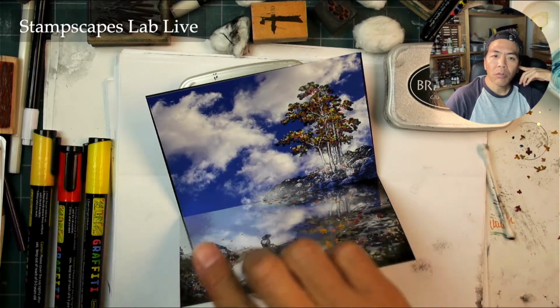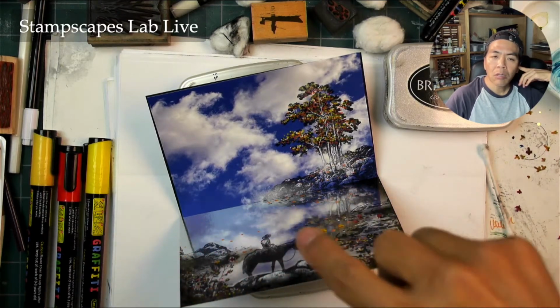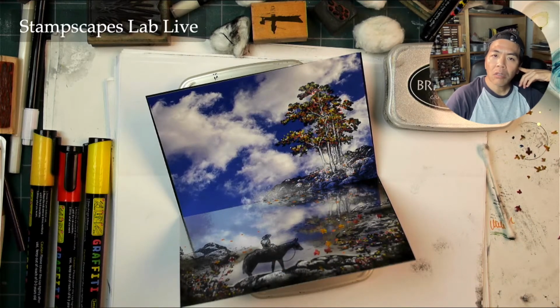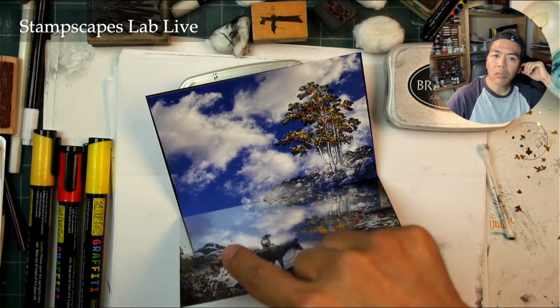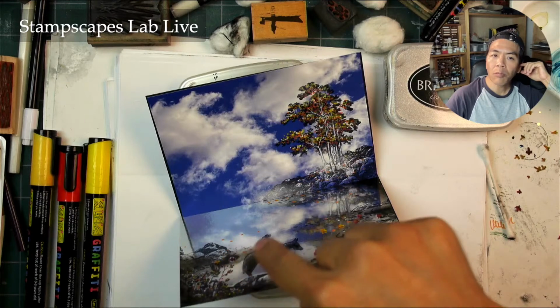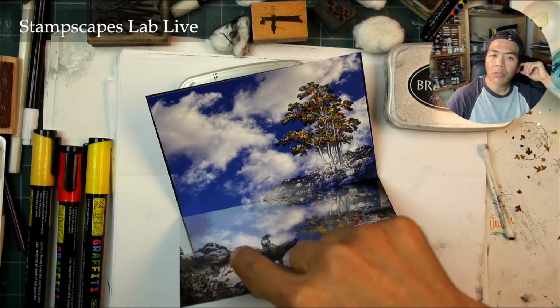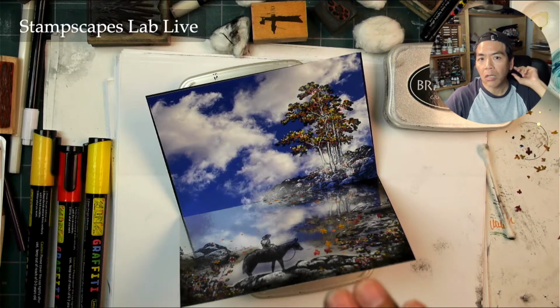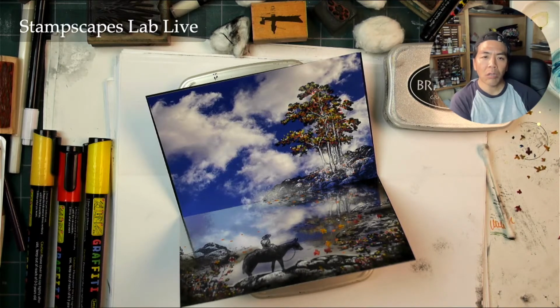The person too, if you spray seal this, there are certain areas on her where it'd be kind of cool to add a little bit of tone with an alcohol ink. Same thing with these little rocks in here. I can go in and add a little bit of tone onto them using an alcohol ink if they're spray sealed off enough. You can't go on with too much alcohol though, because what the alcohol will do is